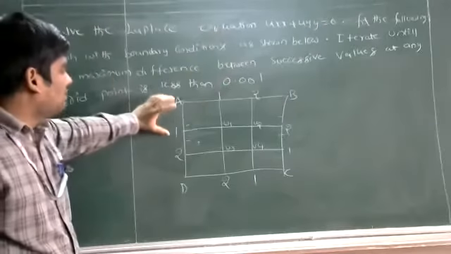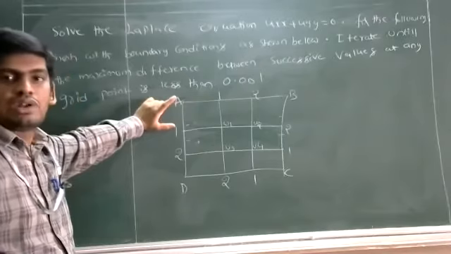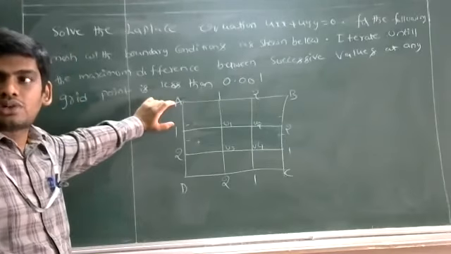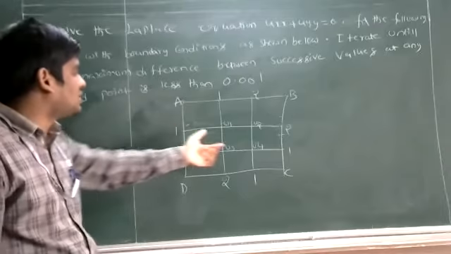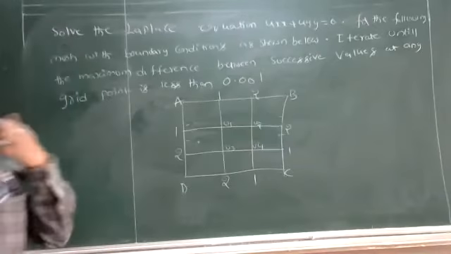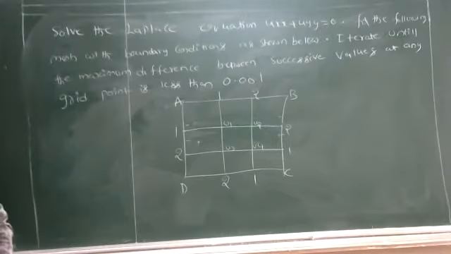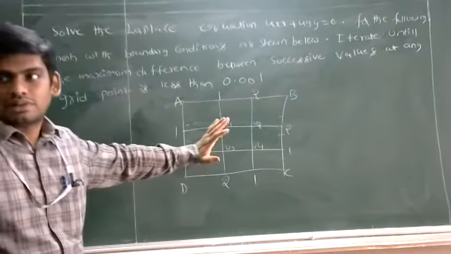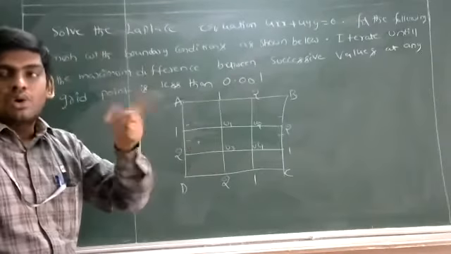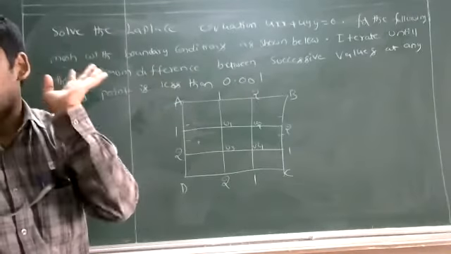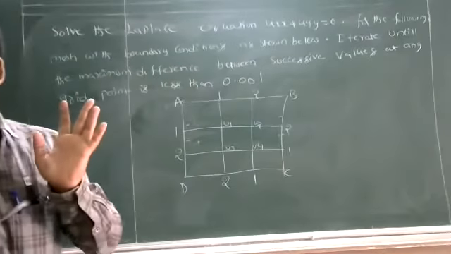Compared to yesterday's problem, here we have only 4 interior unknown points. In yesterday's problem we had 9 unknown points. Also observe that in this picture there is no middlemost value. In that situation, we assume that one of the unknown values is 0, whether it is u1, u2, u3 or u4.